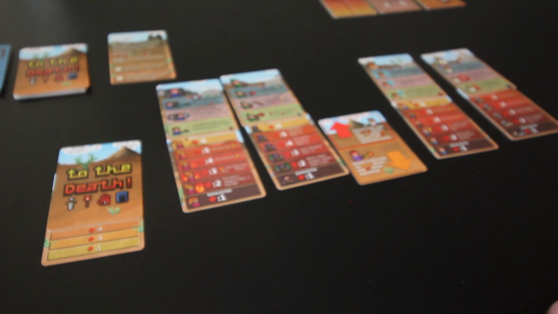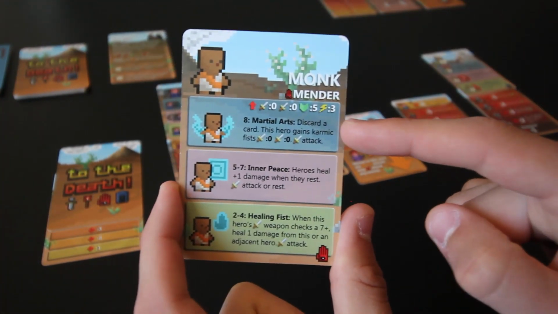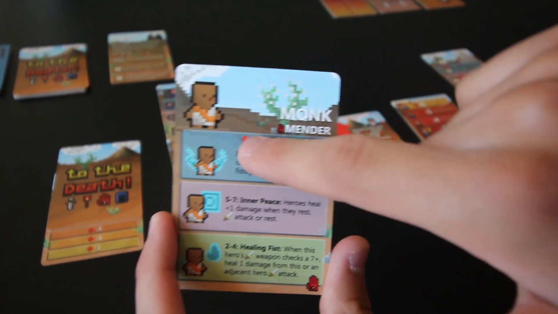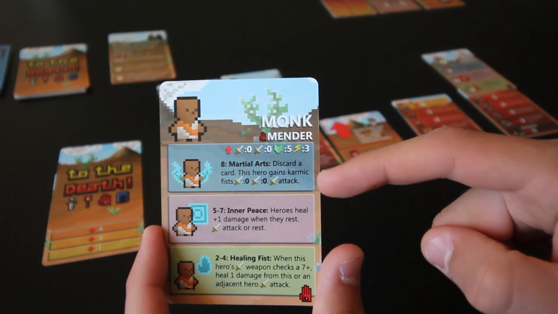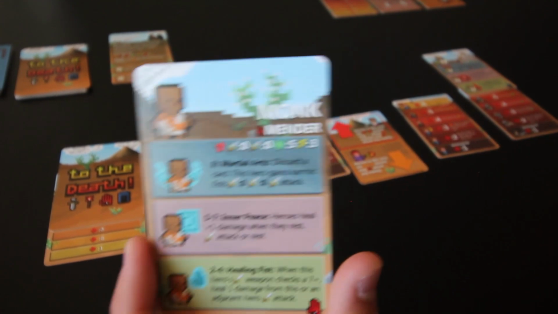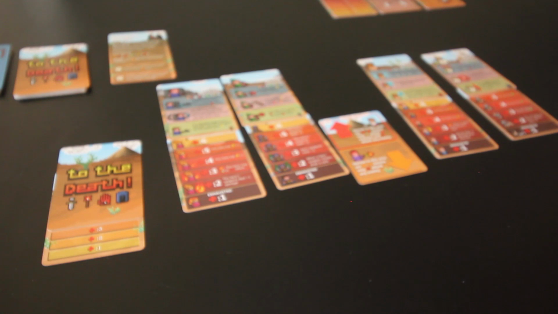or we could use one of our character's special abilities, such as the Monk's Martial Arts, which says discard a card. That would be in addition to the 8 you already have to discard, so you have to discard 2 cards. This hero gains Karmic Fists, which is 2 extra melee weapons, and then you get to make a melee attack. So that would be 4 attacks, which is really good,